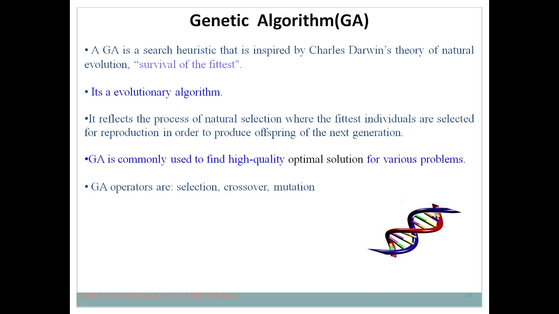And fitness means what? In this case fitness is represented by how much time it takes. Suppose path 1 will take 5 minutes, path 2 will take 10 minutes, because in the traveling salesman problem we need to find the shortest path. So in that case fitness is calculated. Fitness will represent the cost of that particular path. Selection means what? Obviously you will select the path which has the lowest value.